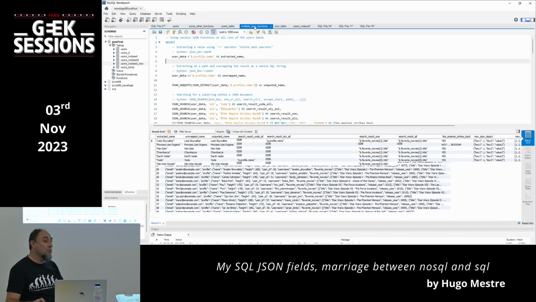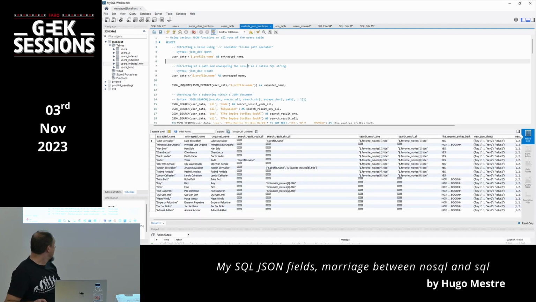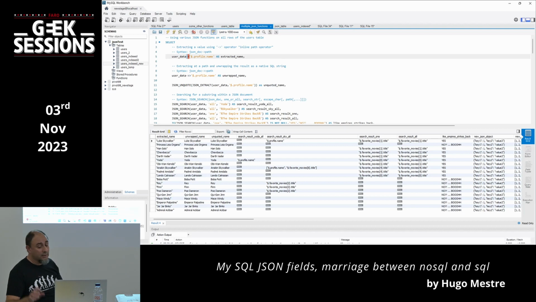One of the things that we can do is extract data from that field. So for example, if we wanted to extract the profile name, we would just simply do user data, this one, so the hyphen and the greater than is called the path, and profile.name. And what this would do,